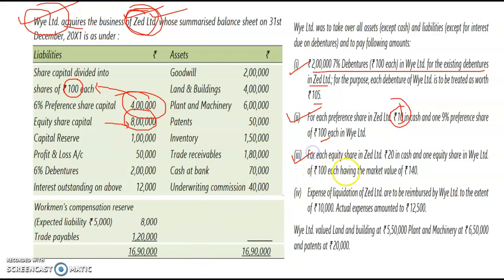Number three: the equity shares in Z Limited, rupees 20 in cash. That is, for each equity share held in Z Limited, rupees 20 in cash. We already calculated 8 lakh divided by 100 is 8,000. So 8,000 into 20, we get 1 lakh 60,000. So 1 lakh 60,000 rupees is paid in cash, and